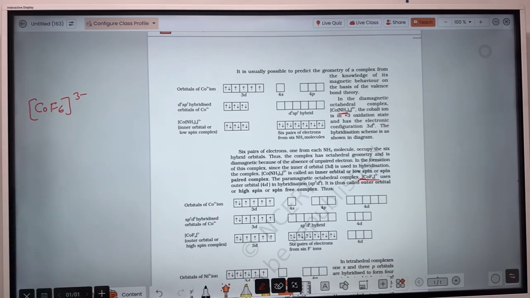Same here. We will have to write the electronic configuration of cobalt. Cobalt atomic number 27 as